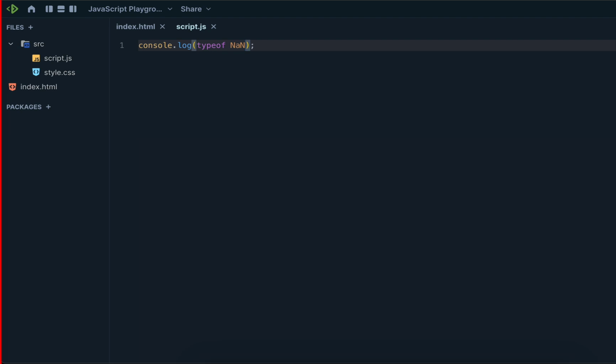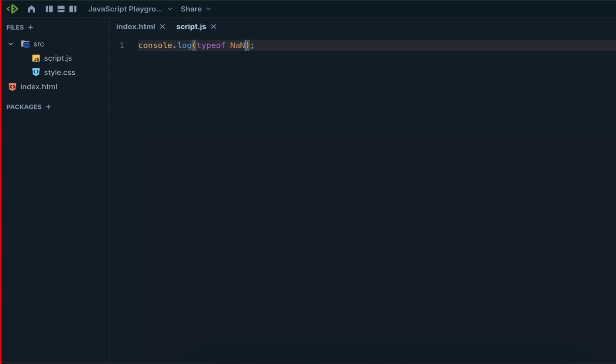Okay, what about Kaustubh? Undefined. Like type of not a number. So not a number is also number type. Okay, got it.